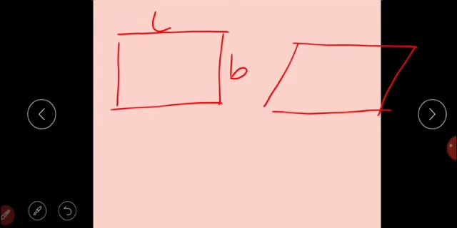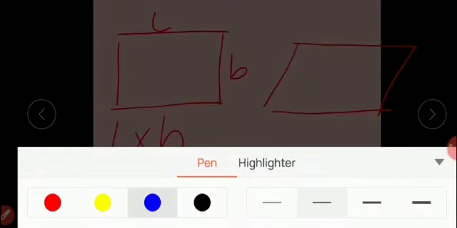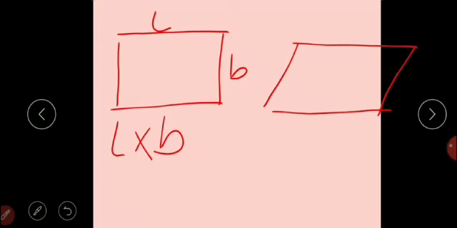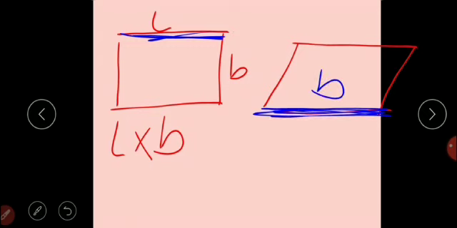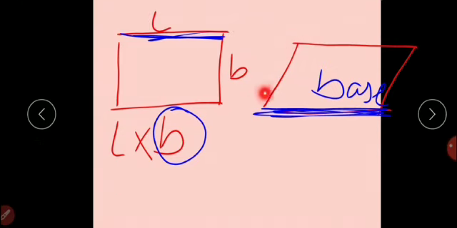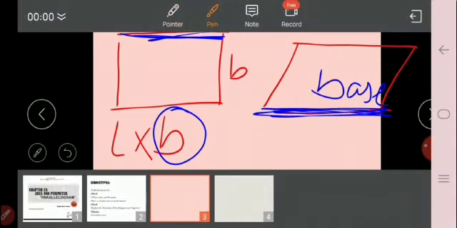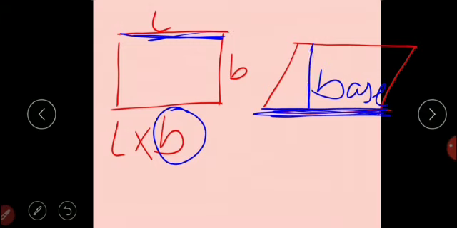The formula for the rectangle is length multiplied by breadth, right? And we know that the parts of a parallelogram, if this is our length, then this part, in that we call it the base of a parallelogram. And if this is the breadth, we can't call this side the breadth, because this is the slanting part. So the breadth over here will actually be the height of this parallelogram, from the top to the base. From the base to the top of the shape, whatever the length is, we call it the height.